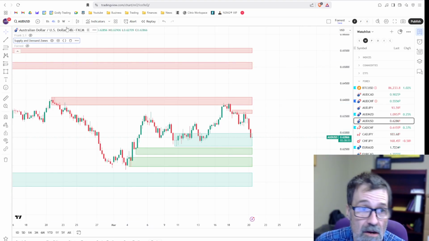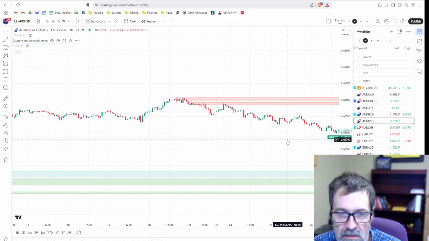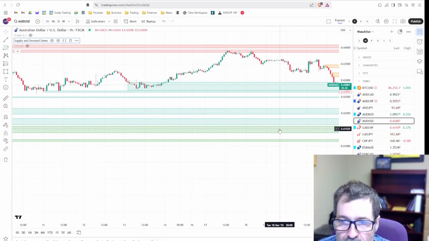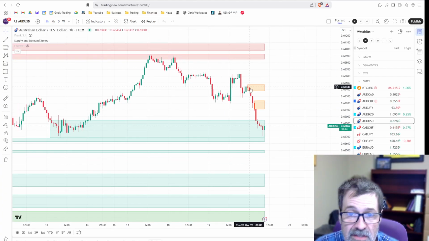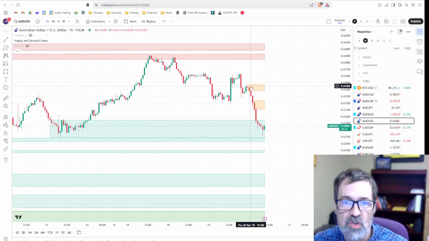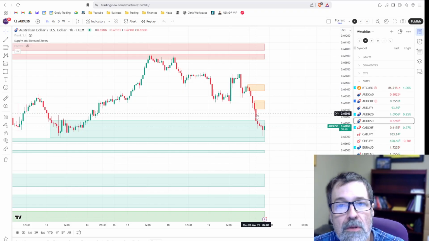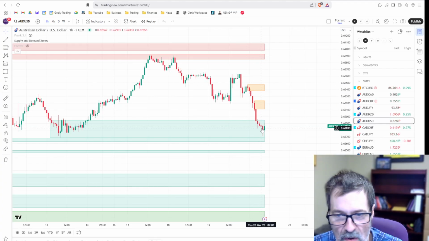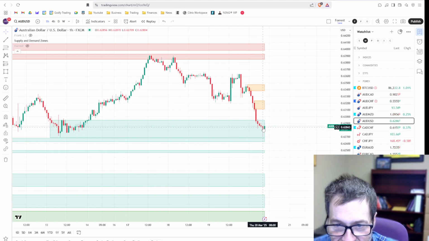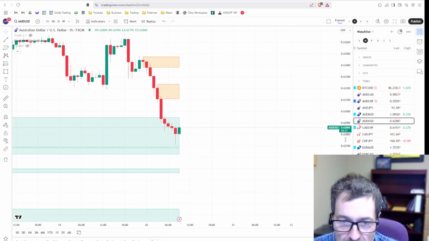All right, is there anything here? Let me jump down to the 1-hour chart and take a look. All right, the 1-hour looks very similar to the 4-hour. We came down. Look at this. I can see why someone would be interested in a short, because look at all this short selling bearish momentum. Just crashes all the way down. But then you see this candle here? You see this candle right here?